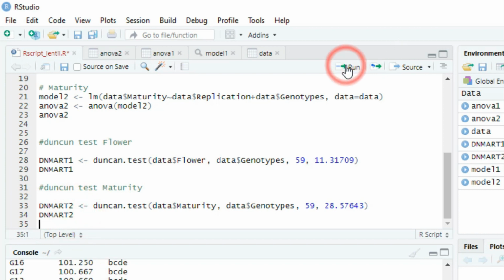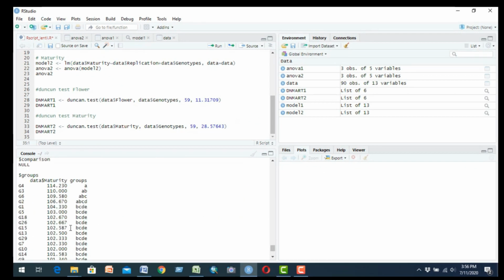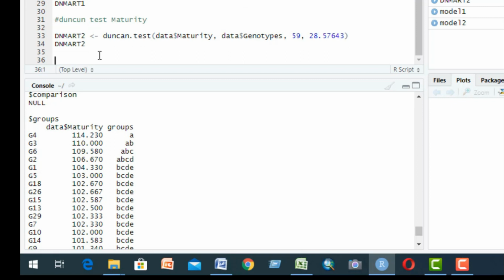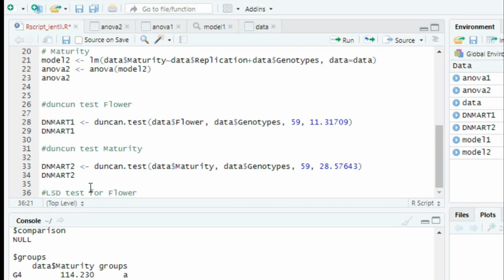So it is our maturity genotype variable, mean value, and the homogeneous group. So it is our Duncan test, and now we can go to the LSD test, first for flower.